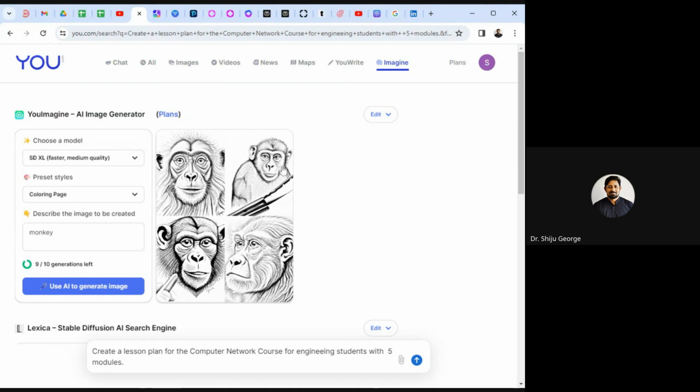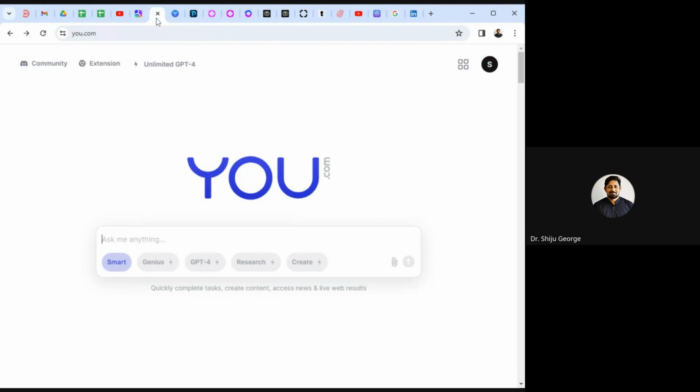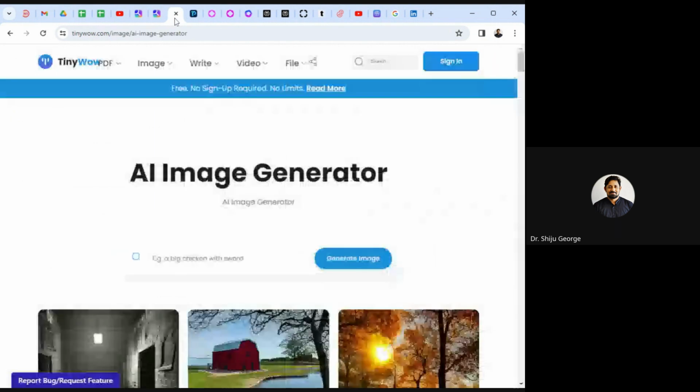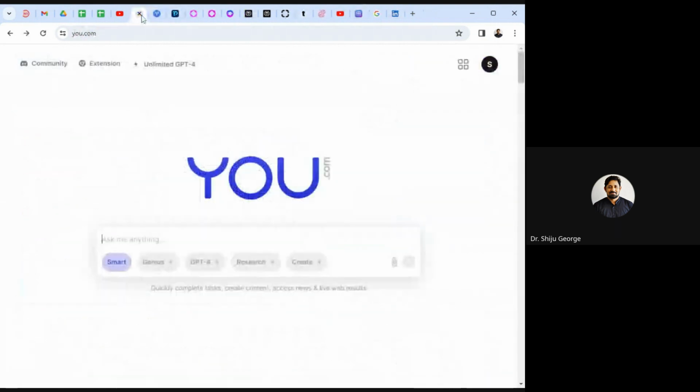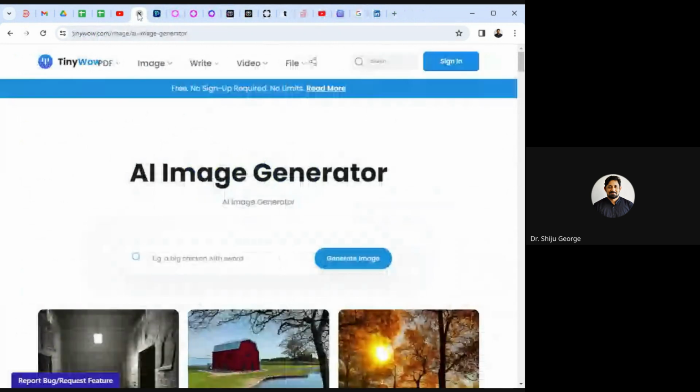Okay, so this is actually the first application you can make use of. And then we go for the next one, the tiny wow. So this is the next application, which is known as TinyWow, and this is an amazing